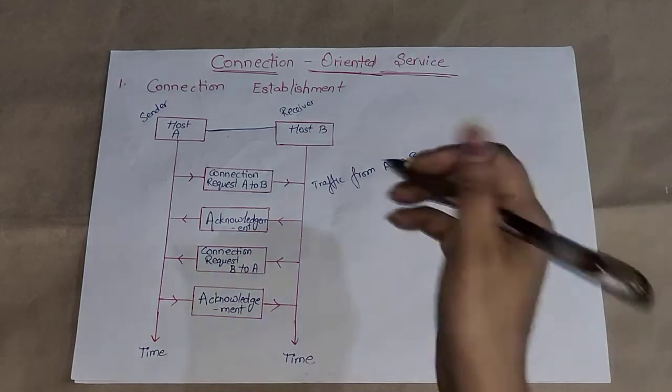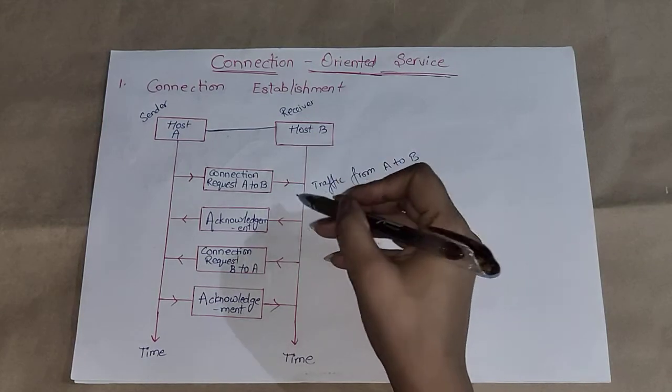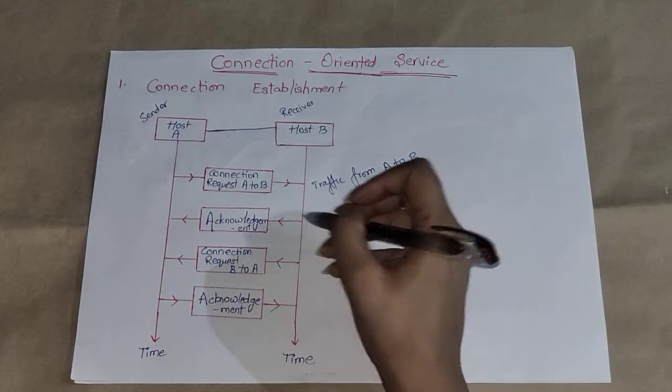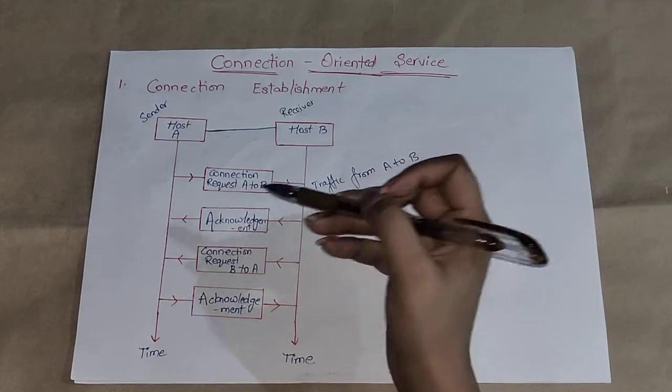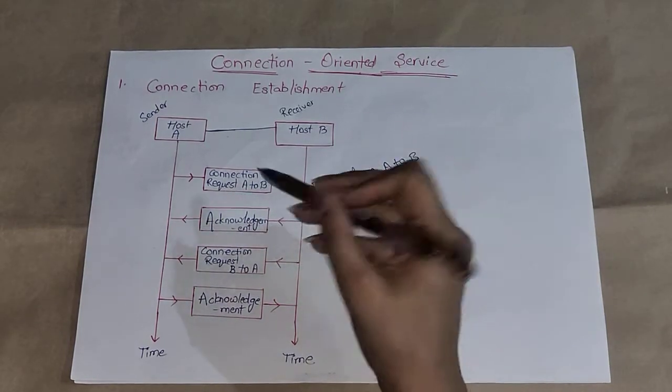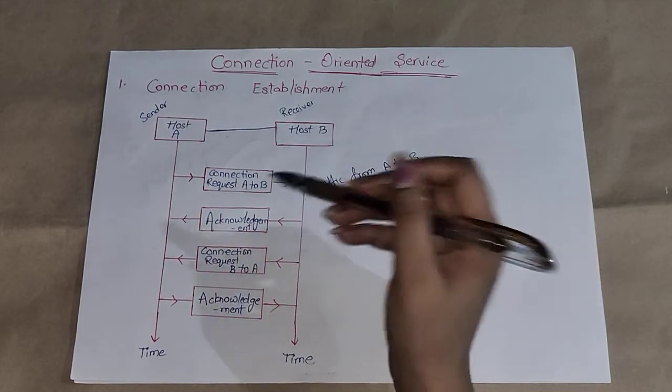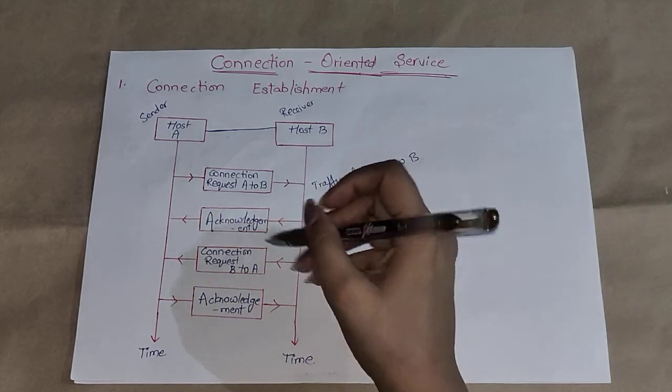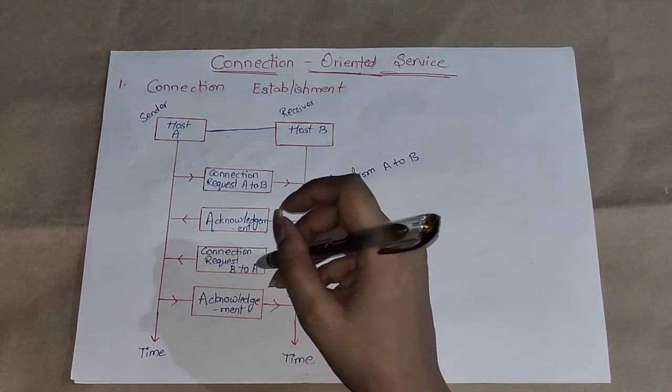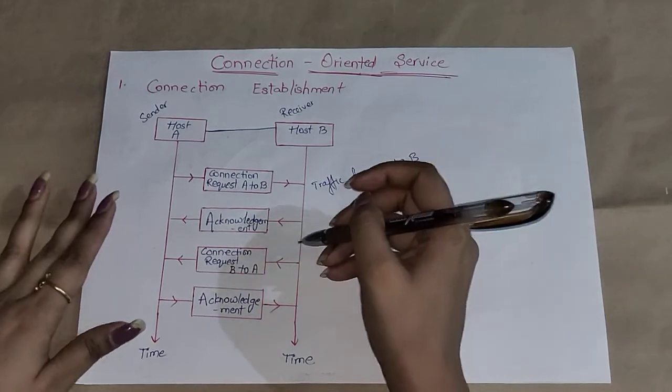Then after successfully receiving this connection request, host B will send an acknowledgement, and this acknowledgement is an indication that B has received the connection request message from A. Now B will send a connection request message to A, and in this message B will